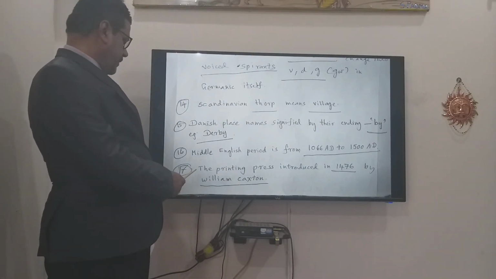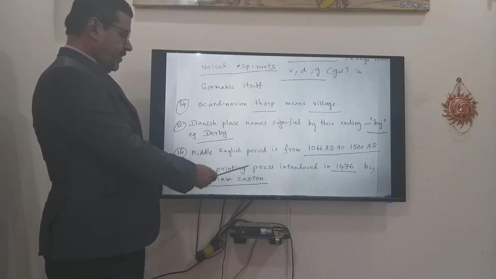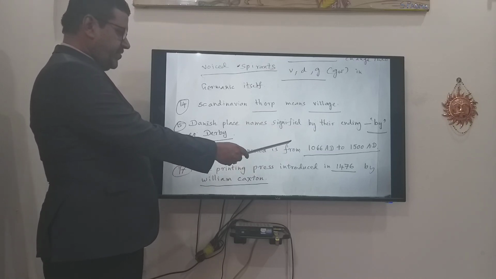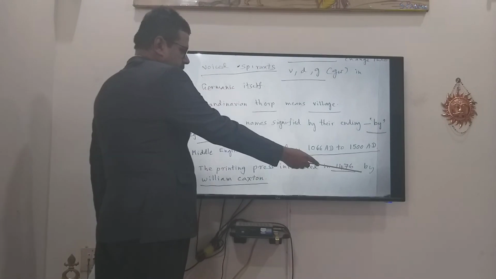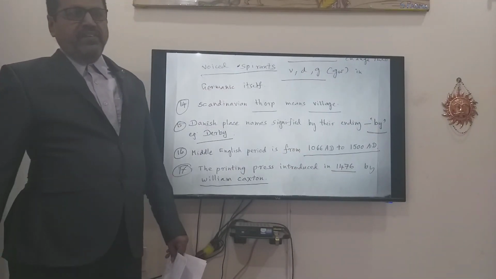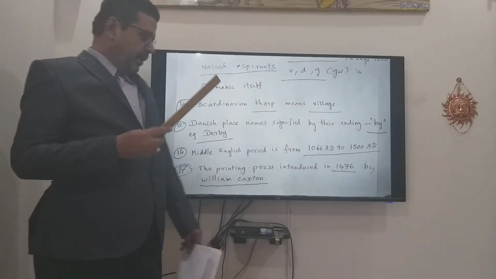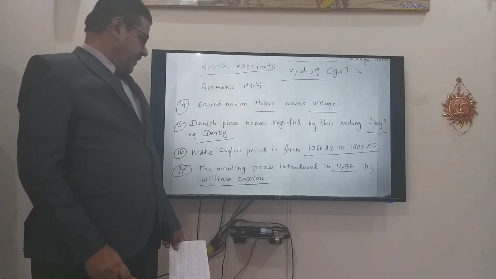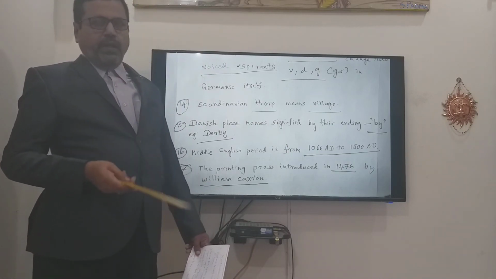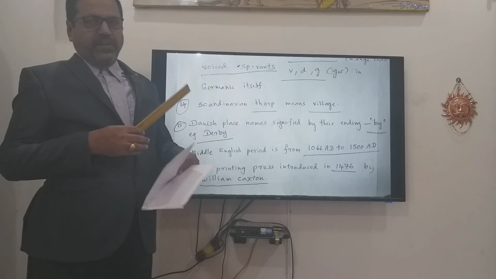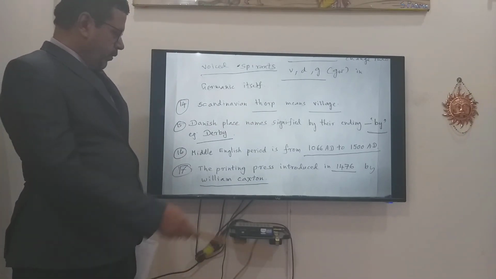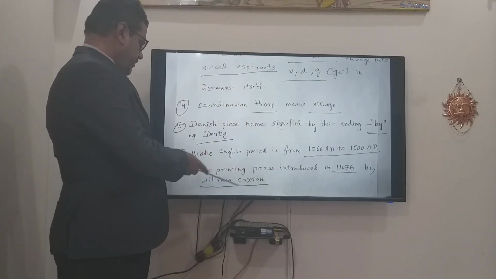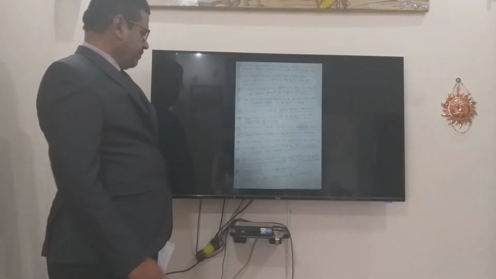Next, the printing press was introduced in 1476 by William Caxton. This is very important. You can note down 1476 AD, it's a milestone. Because after the invention of the printing press, English language reading habits started spreading all over Europe. So don't forget this, William Caxton. Next,